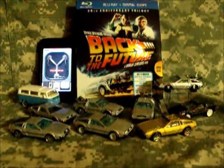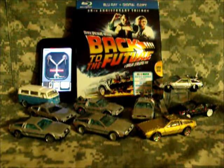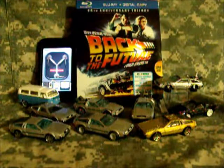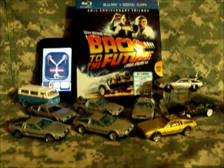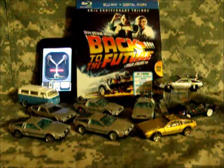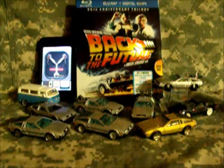Okay, everybody, I am back, and as you can see, number 1 seed in my top 3 of all time for Hot Wheels cars is going to be a tie between 2 castings: the Back to the Future DeLorean and the regular stock DeLorean. As you can see, I've got quite a few, at least open. Others are still packaged, but you can see